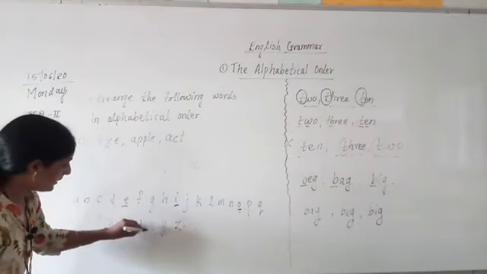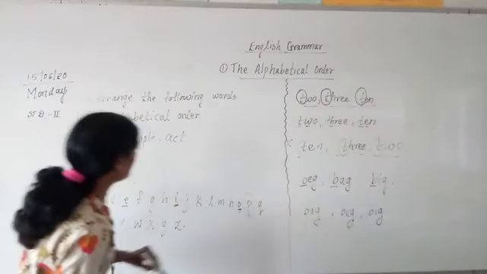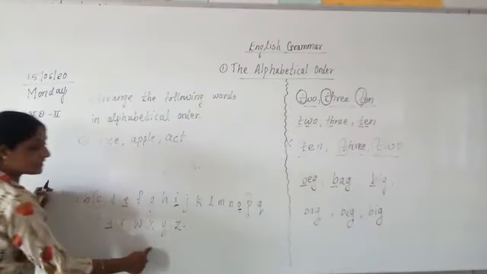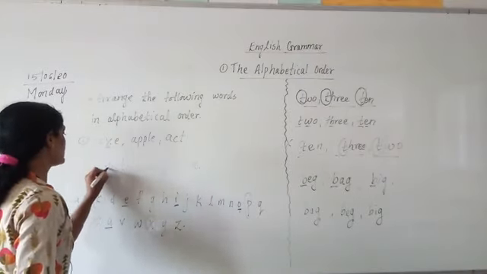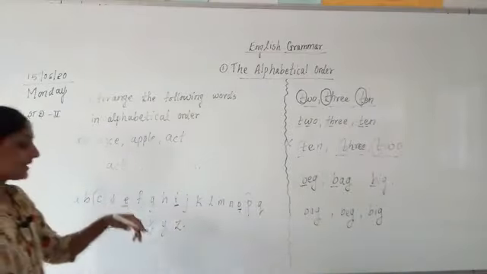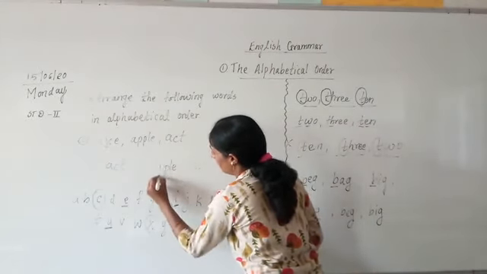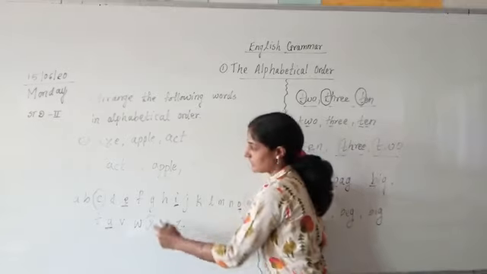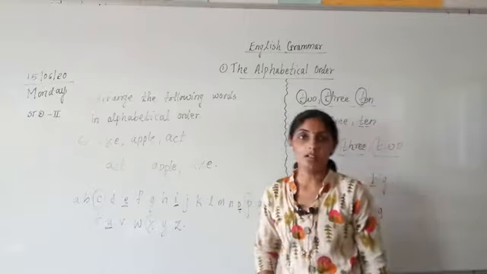Okay. Now X is where? Now I will put a circle. X. P. There is P. P is there. And the last one is C. Now in these three circles, which circle is coming first? C. So what will be the first word? A-C-T, act. Correct. Which will be the second circle? P. So what will be the second word? A-double-P-L-E, apple. Understood? And which is the last circle? X. So the X word, axe, will be the last word in alphabetical order.